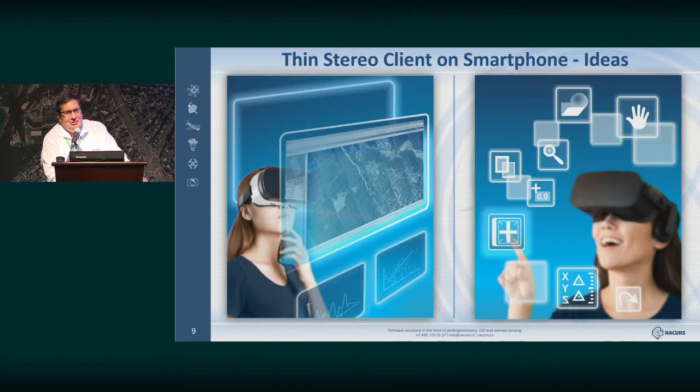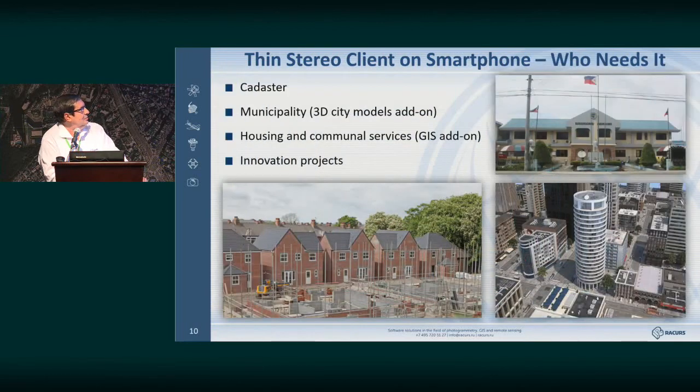Instead of the stereo picture, you see the buttons, you select one and press it, and then turn the head back. I don't know whether it will be convenient or not, but this is what we're thinking. Where it will be useful, we don't know yet.